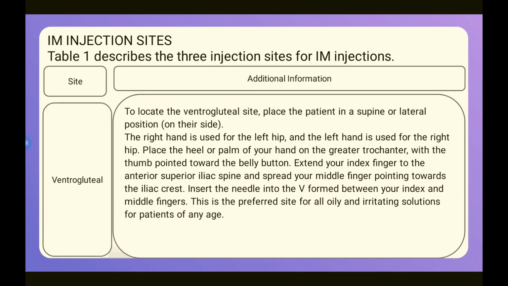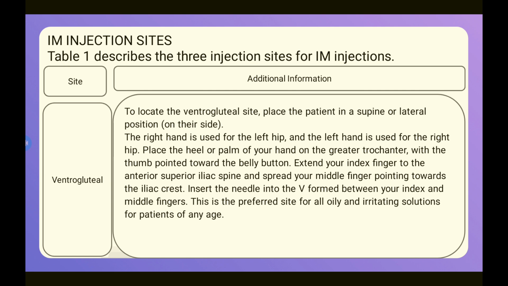To locate the ventrogluteal site, place the patient in the supine or lateral position, meaning on their side. The right hand is used for the left hip and the left hand is used for the right hip. Place the heel or the palm of your hand on the greater trochanter with the thumb pointing towards the belly